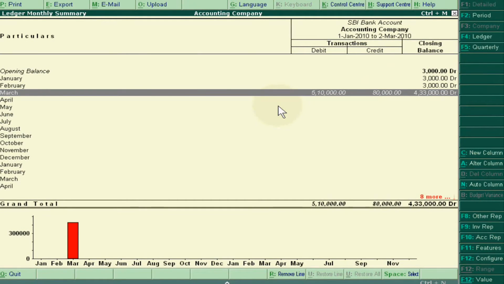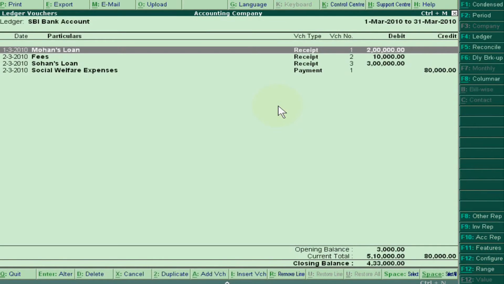Click this March. Now take your bank statement and compare the dates. And in Tally, on the right side, you will see the button Reconcile. Click this.